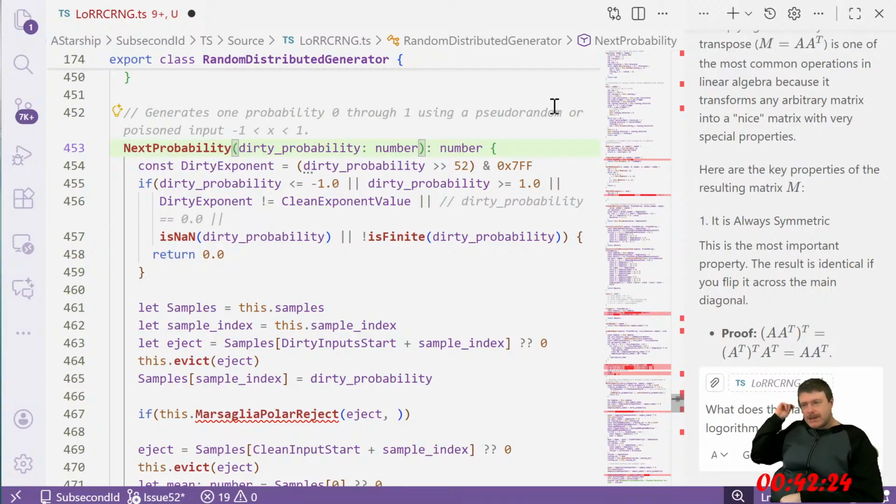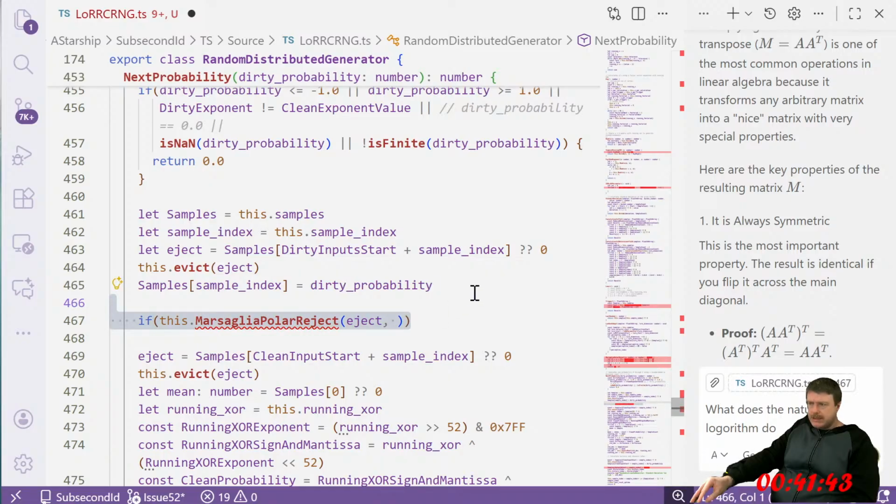Let's say that somebody is connecting to my server and they are utilizing the system correctly. Okay, and then somebody wants to jump in and they want to hack their UUID so that they could compromise the system, and then maybe they could masquerade as another user, see data they weren't supposed to see. Okay? I personally don't think that you could do that with this, because the moment I take your dirty probability and then I XOR it with my clean sample,